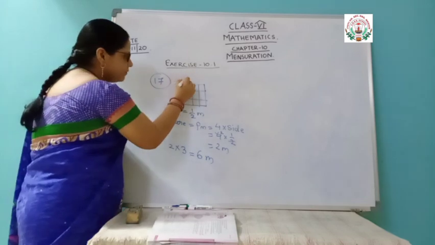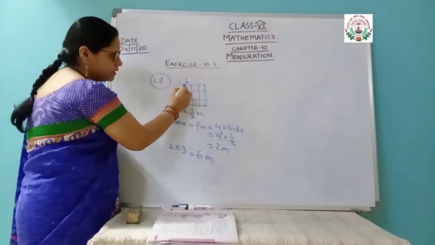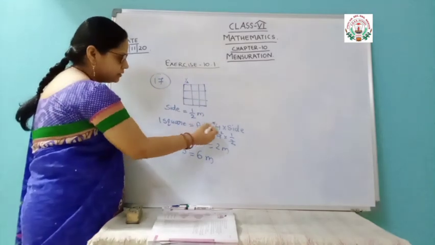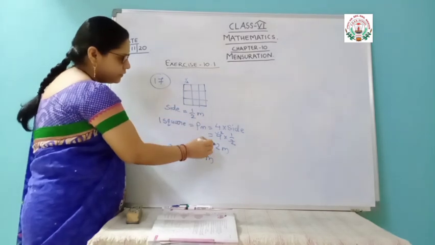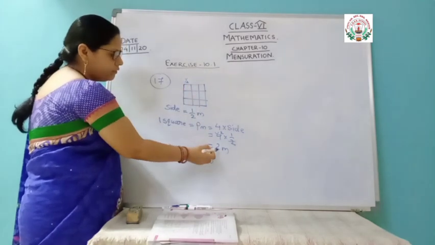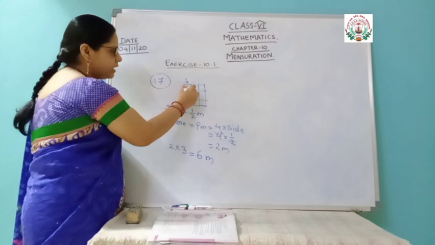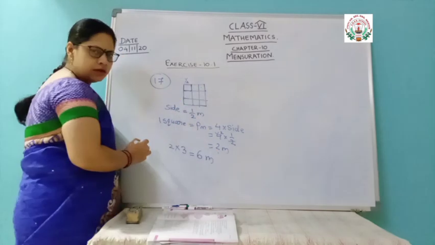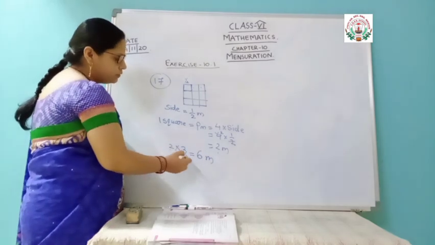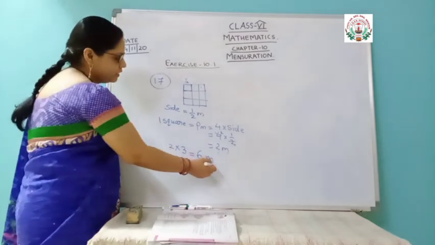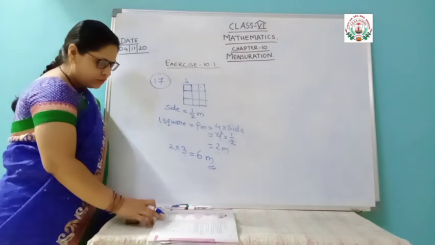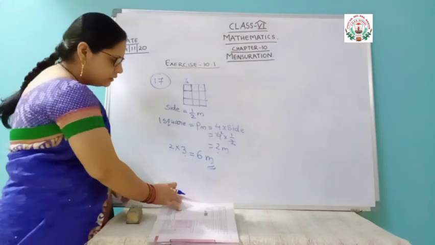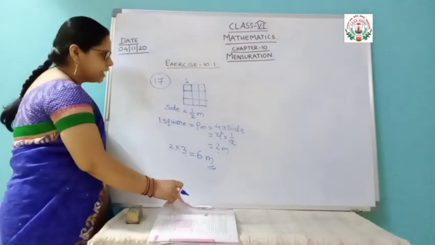This half meter is the side of 1 square and half meter is the side of 1 square, means perimeter of 1 square will be 2 meter. इसका एक का perimeter हो गया 2 meter. So here total 3 squares are there. So 2 into 3, that is 6 meter. You will get the answer. So first part, this A part, you got the answer. Then B part is asked for the second part.